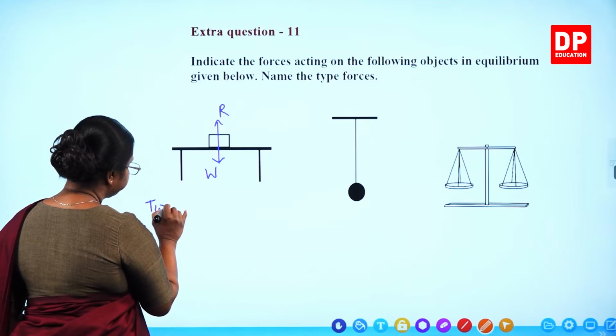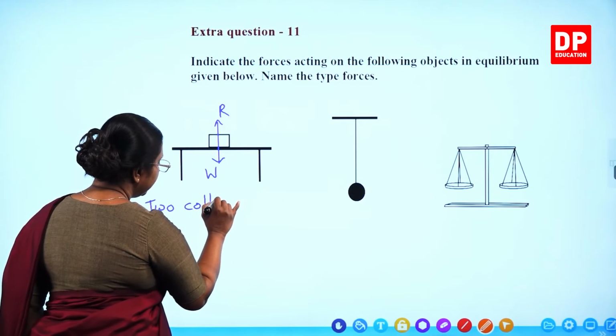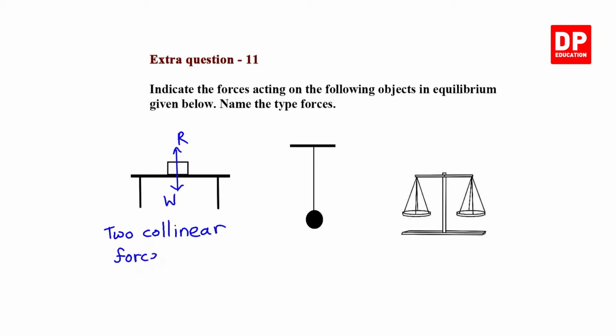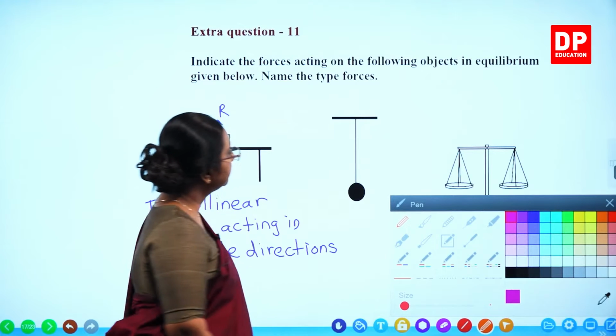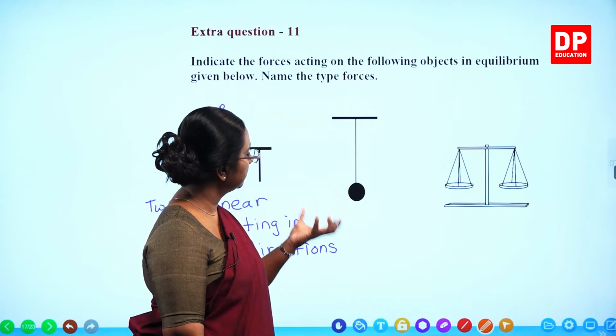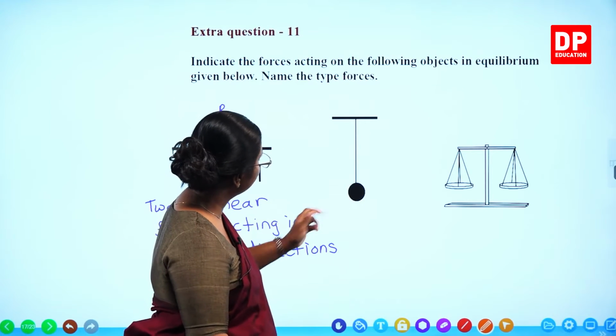So two collinear forces acting in opposite directions. Then the next one, you can see a metal sphere or a metal ball hanging suspended